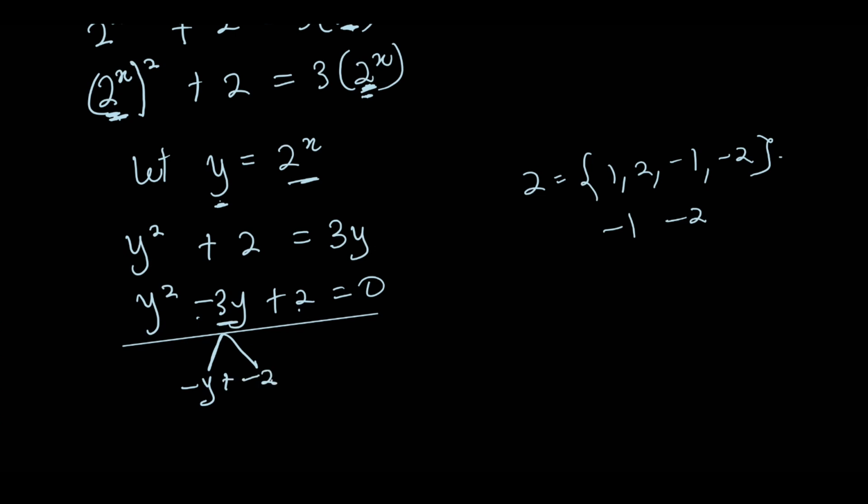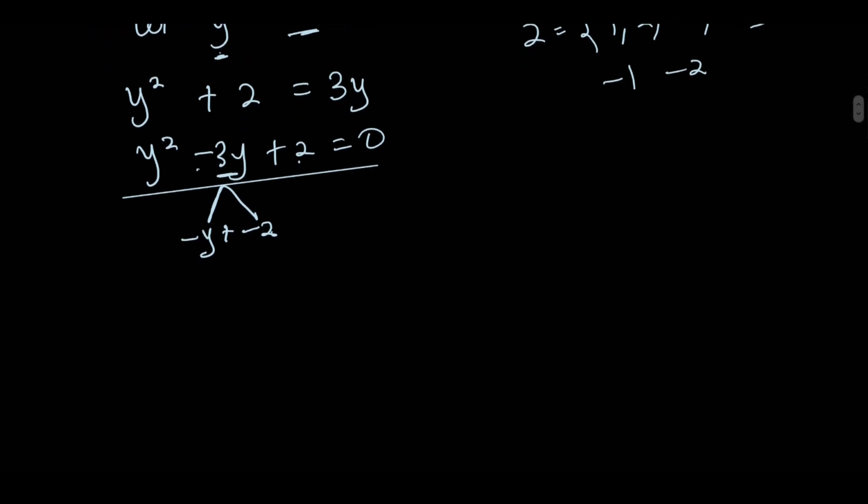Adding, okay. So negative y plus negative 2y gives you negative 3y. Now notice there are a lot of ways to solve quadratic equations, so this is just one of them. So we now have y squared minus y minus 2y plus 2 equals 0. So this and this give you negative 3y. So solving this quadratically, we now